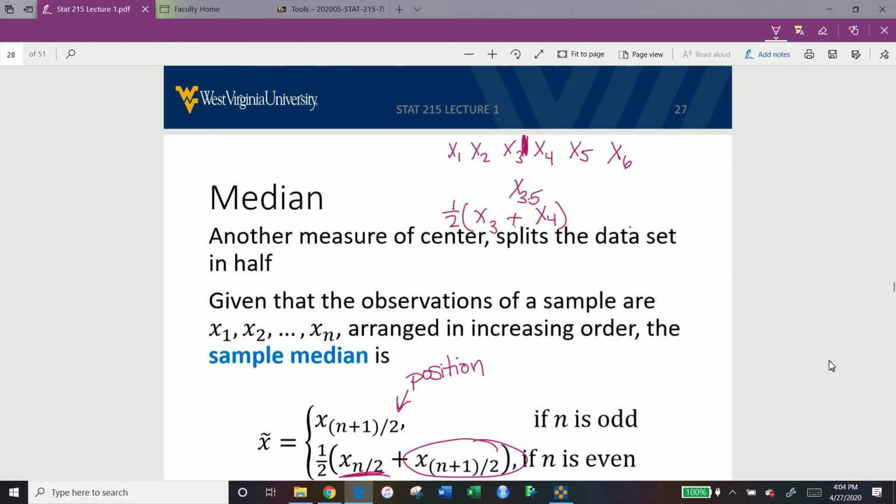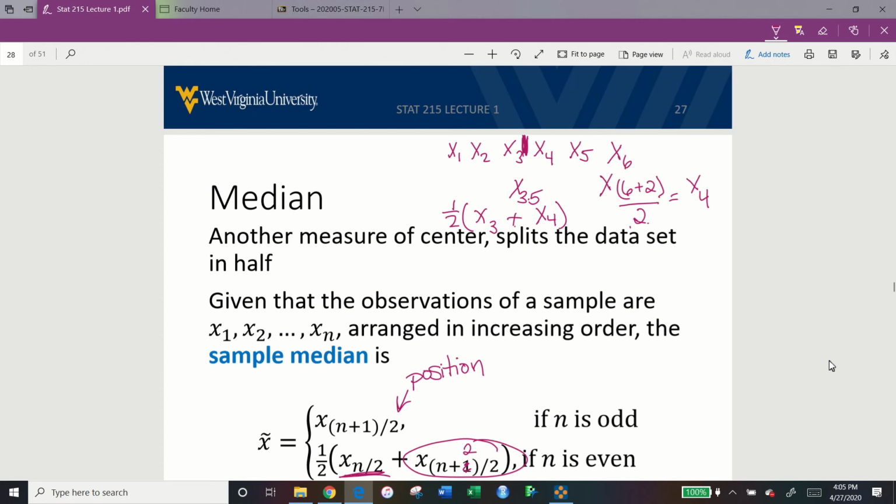But now we need to think, what is wrong with that formula? So n plus 1 was not correct, n minus 1 was not correct. Here's an idea. Let's try, instead of plus 1, let's try plus 2. Let's see if that works out. So in that case, we would have x sub 6 plus 2 quantity over 2. That would give us x sub 4. Now that checks out, but that might only be in this one case.